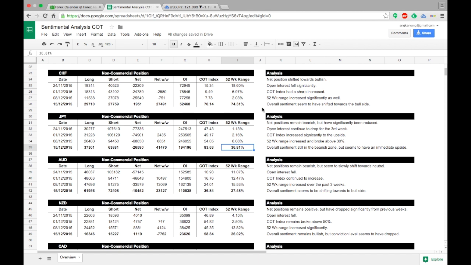And if you understand a little bit of intermarket analysis, perhaps traders are liquidating their positions on these two currencies. Basically, if you understand risk on risk off, you might understand certain reasons as to why. But having said that, what I want to bring you through is really the net positions and how you can read the net current positions together with the open interest, to give you an idea of what the sentiment is in the market itself.